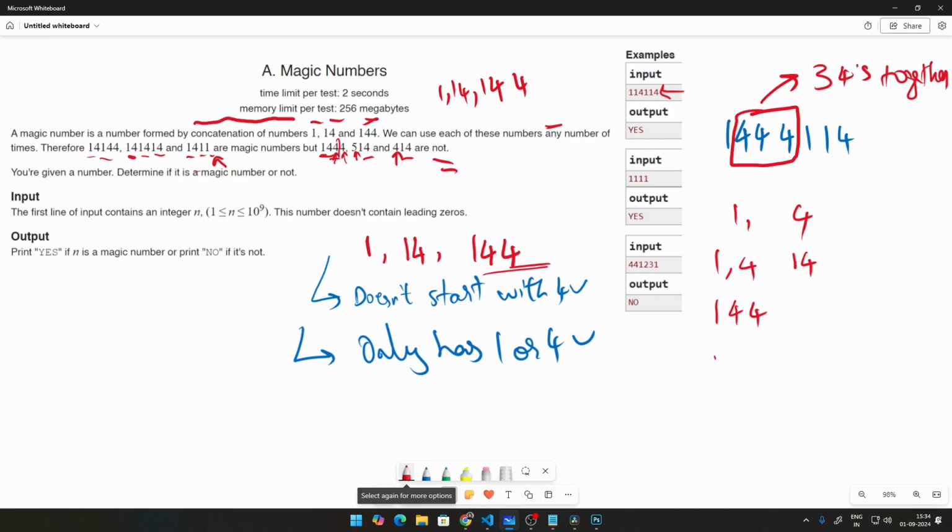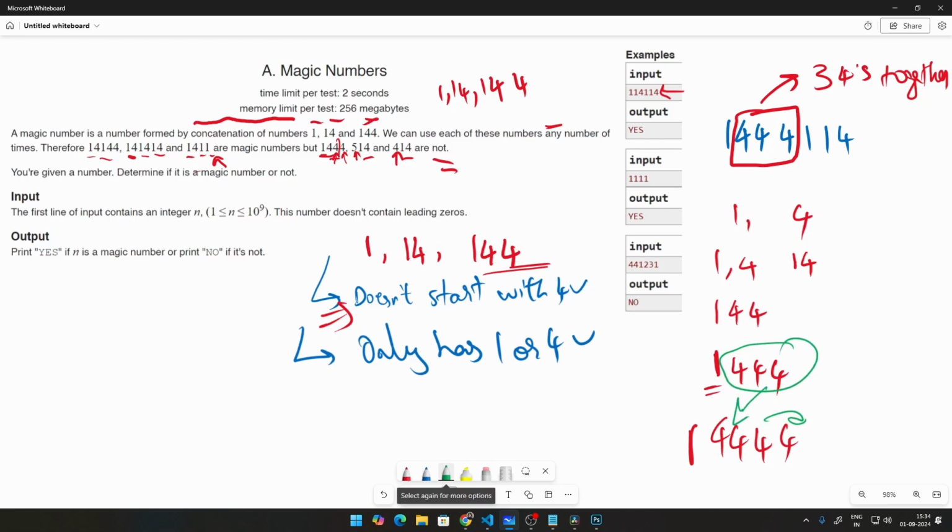Let me take one case like this: 1 4 4 4. Here this is not a magical number, but it does not start with 4. So this condition does not catch it. We need to add another condition in this particular case. And let's say 4 4s, 4 4. This condition will already be checked because these 3 4s will already be here with an additional 4. As long as we check that no 4 4 4 exists in that particular string, we can say these first two